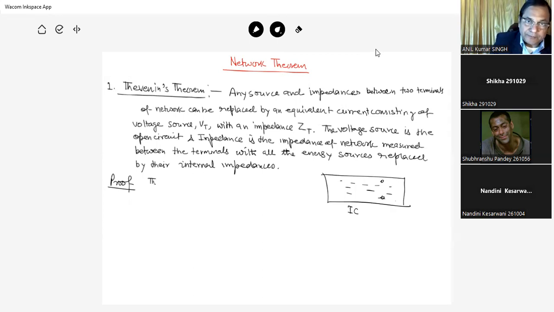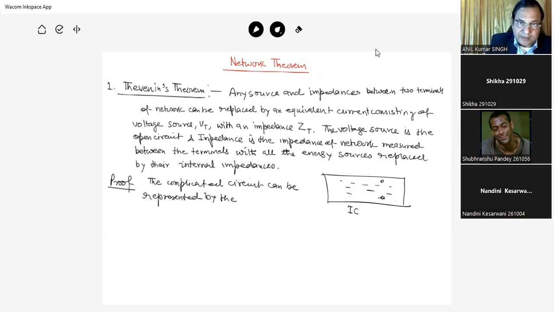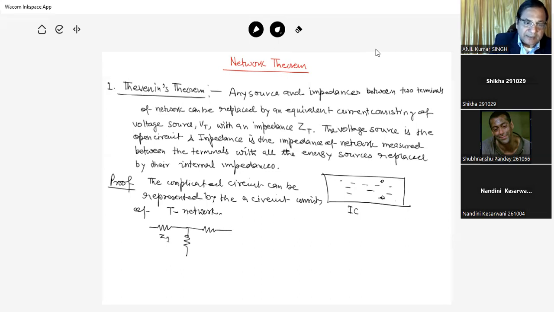The complicated circuit can be represented by a circuit consisting of T network। मतलब उस सर्किट को हम टी नेटवर्क की सर्किट में रिप्लेस कर देंगे। ये क्या होगा, this is Z1, this is Z2 and this is Z3। ये एक टी नेटवर्क हो